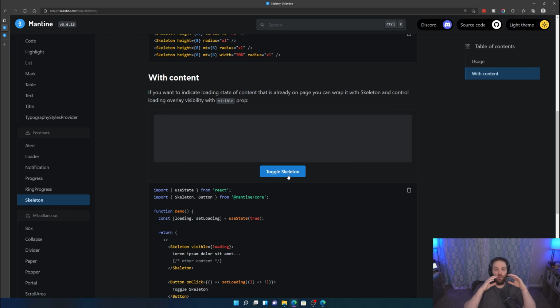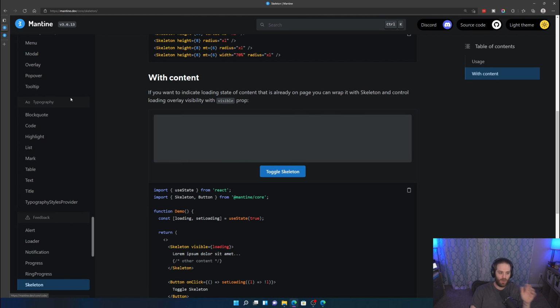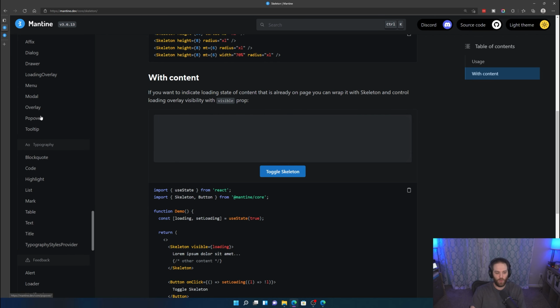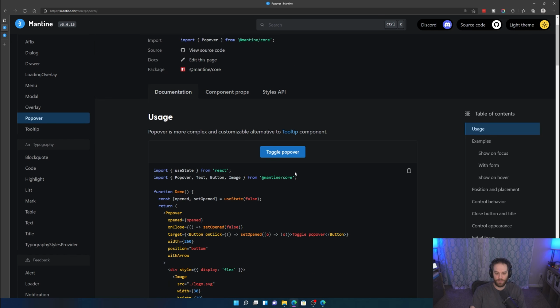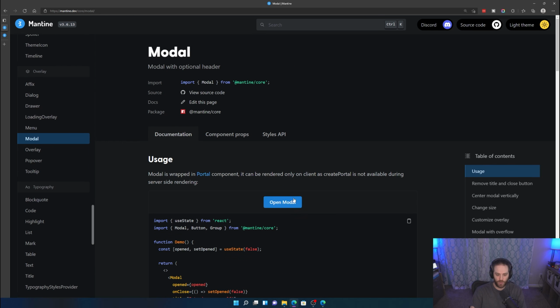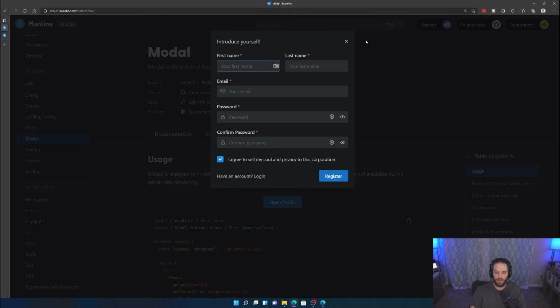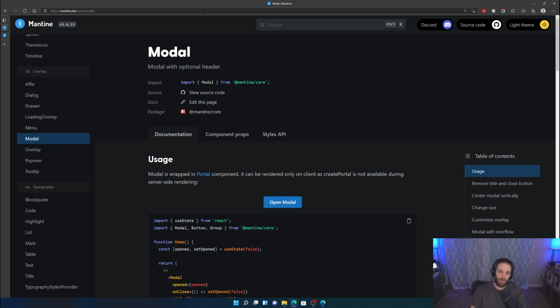So I've talked about a few of my favorite features, and I think that you should check this out on your own time and play around with all their different things and items, such as popovers maybe, or you want to check out modals, which they do really well as well. Let me show you what I've built with it.